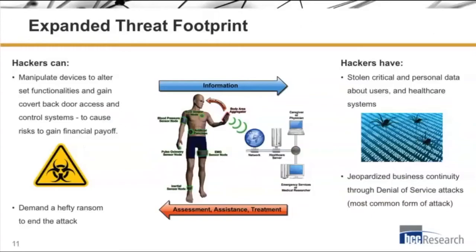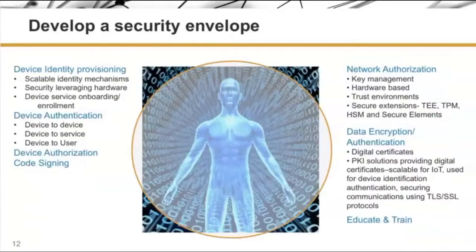Then we had the discussion about security. Security, of course, was a major theme at the conference overall. In the medical device space, the argument is that you need to have two kinds of viewpoints on security: a security that addresses what's going on inside the database, the IoT system, and the servers, and security that's device specific. To solve those threats, we are talking about developing a security envelope where we have an array of not just sensors and programs, but user behavior as well, where we're driving at embedded alongside any sensor module should